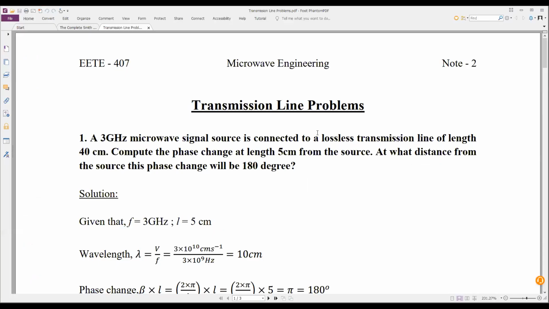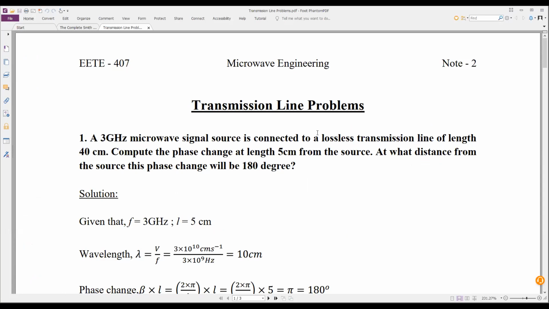Okay, move on to the transmission line problems. Just skip the first one. That is not prepared. From the second one,